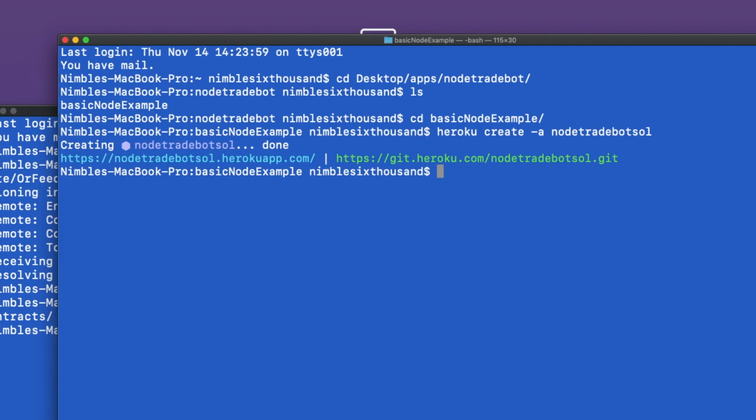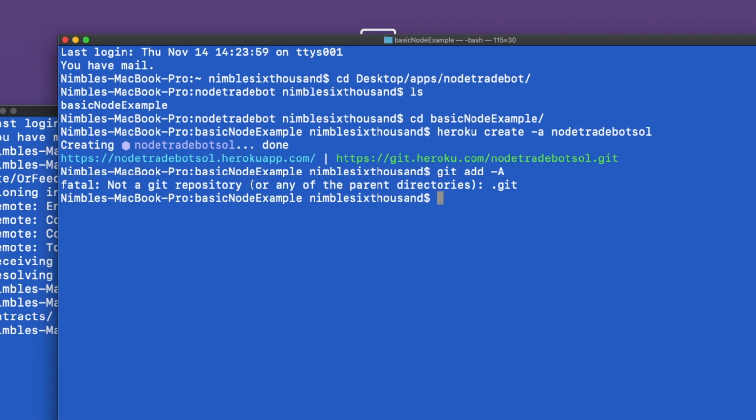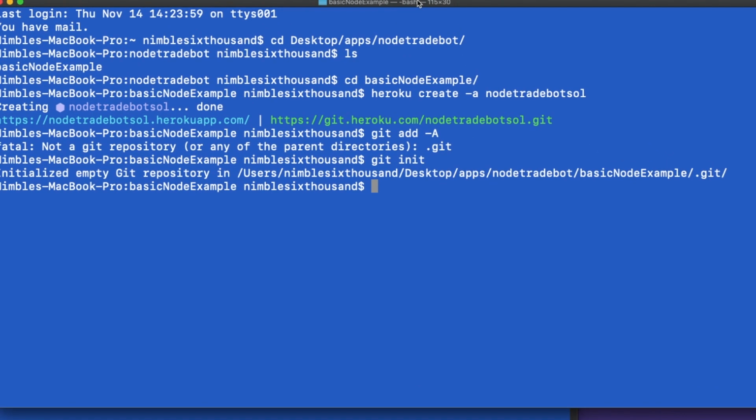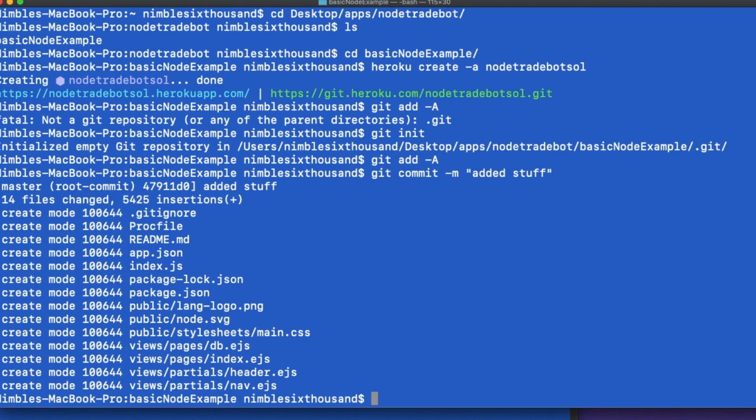And then you just say Heroku git add, and it says not a repository. So in this case, what you'll need to do is say git init to create the Git repository, so you can push this code up. If you're not familiar with git init, then just look it up. You'll learn what it does. So I'll do git add. This adds all my changes that I made. Git commit adds a note, added stuff, to my commit, so I can always get back to this place. And then you'll do a git push heroku master.